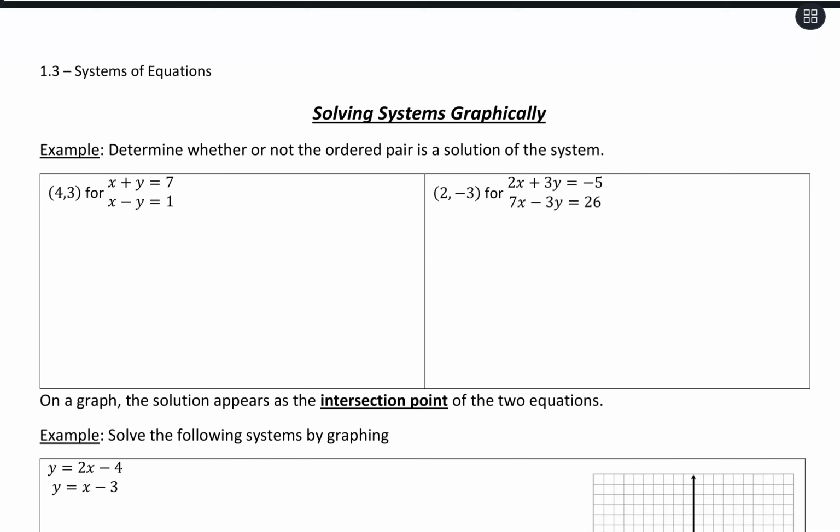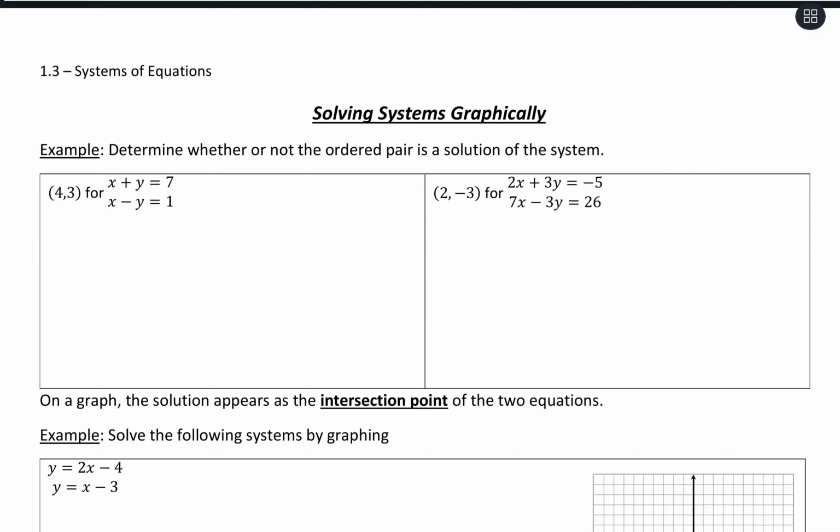With systems of equations, what we're going to have is multiple equations working together. And to solve them, we're looking for a coordinate where they all line up with each other. So that coordinate would be a solution for all of the equations. So for this first example, what we're going to do is just check whether or not a coordinate is a